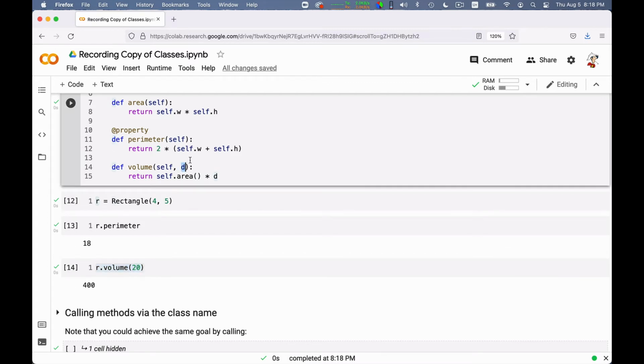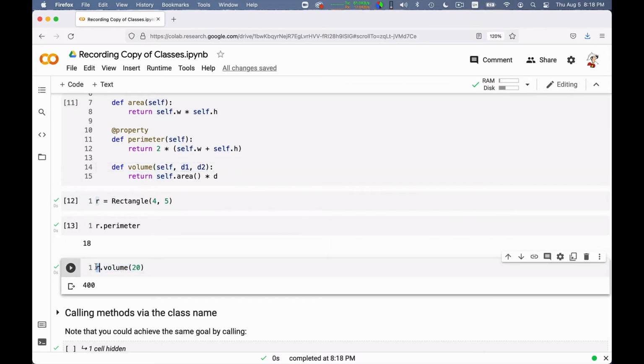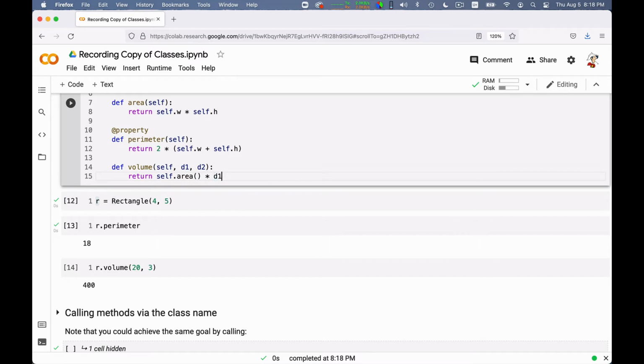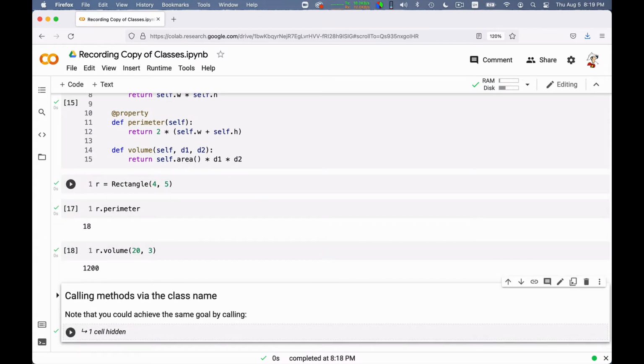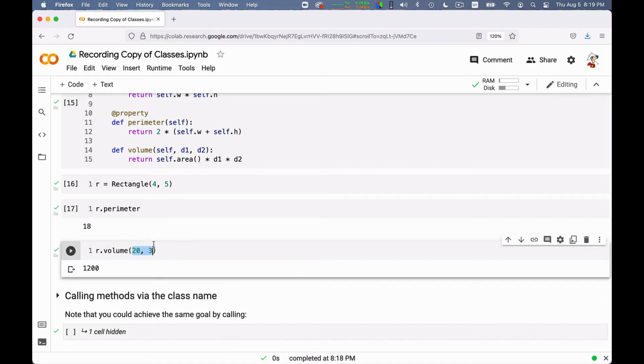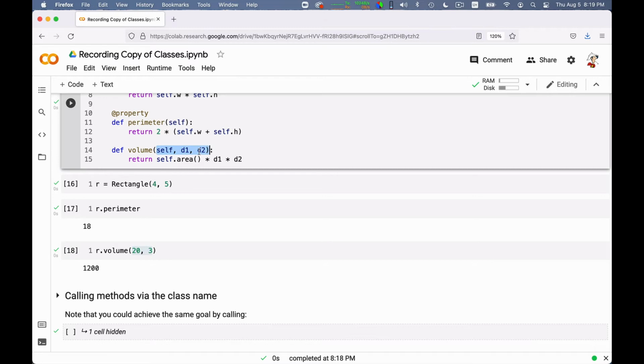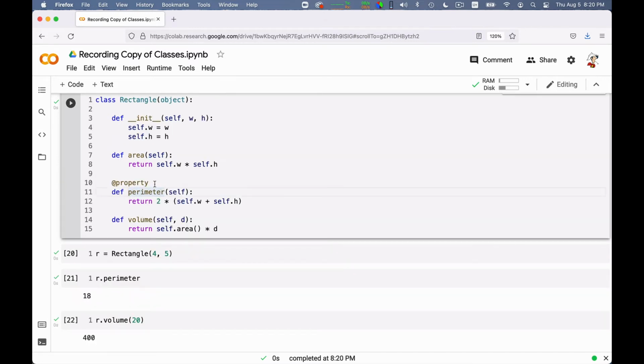If I wanted to define a method with 2 arguments, I don't know, d1 and d2, I don't know what those would be, but just to give you an example, this takes 3 arguments: this would be the first argument, this would be the second one, and I would need a third one as well, which could be something like this. Let me just fix this definition so that it actually runs. Okay, so I can do this, and then this would work. Okay, so essentially, compared to the use, the declaration always has one more argument, which is the object itself. Okay, so here is my definition again.